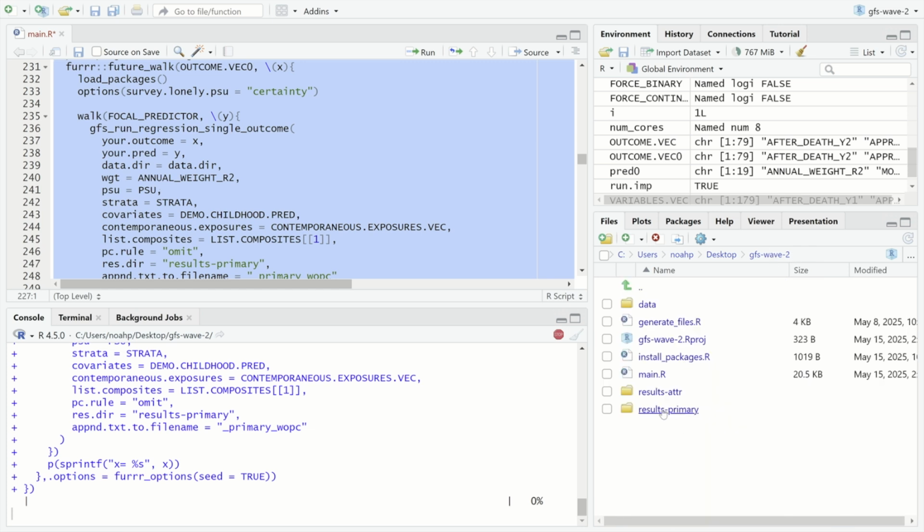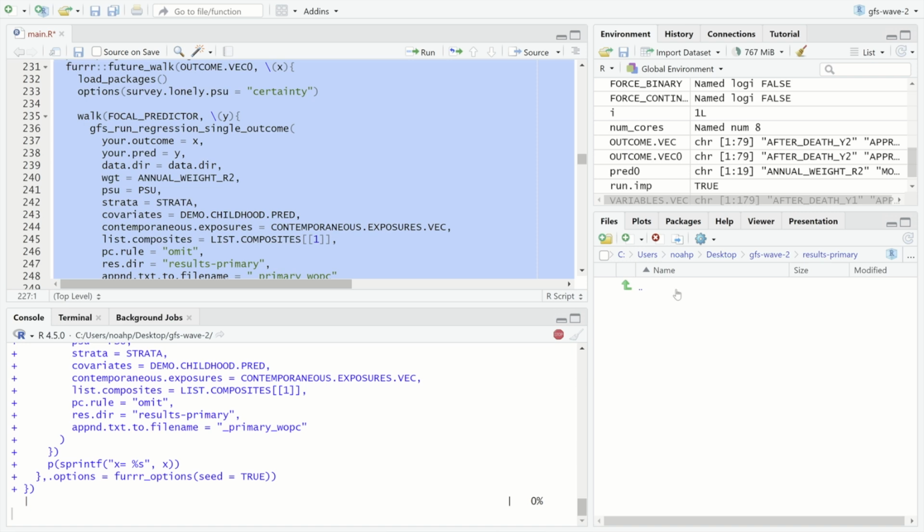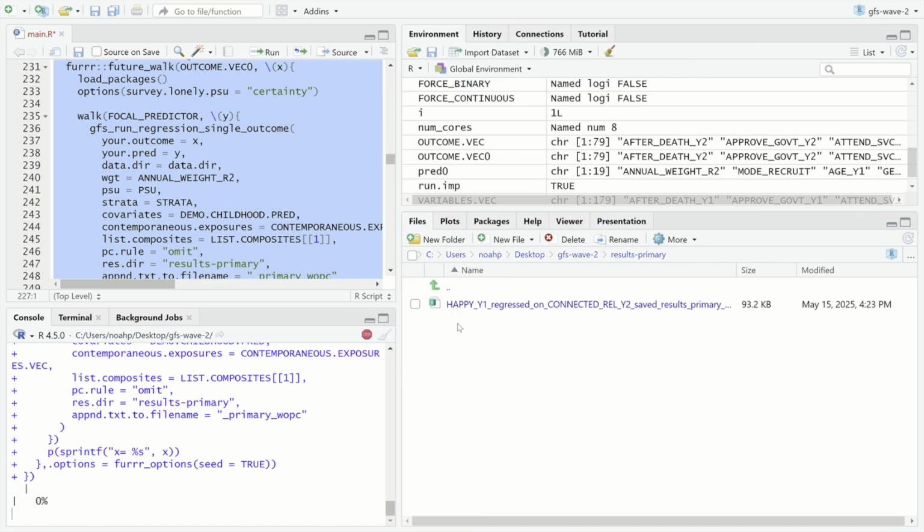First thing you'll notice is that now we have the results primary file, and nothing currently is being displayed, but soon it will be, which is nice. Okay, you see that the first outcome was already complete. So it was the outcome for happy 1. Well, it's not completed, but it's being printed